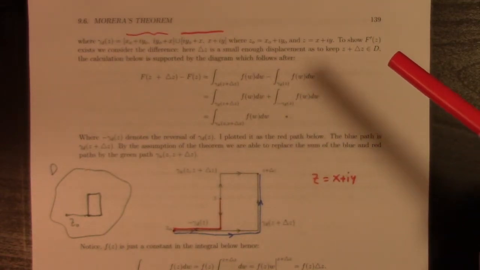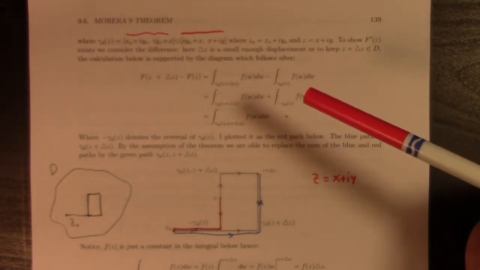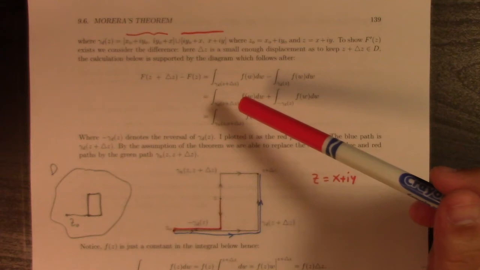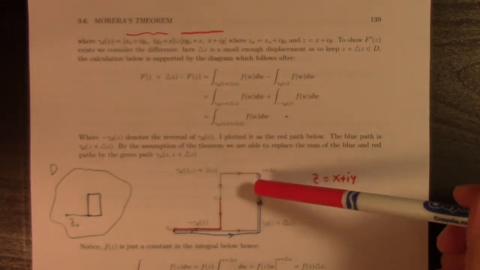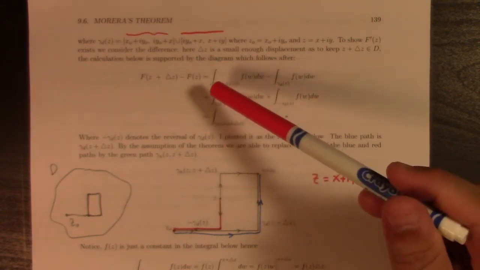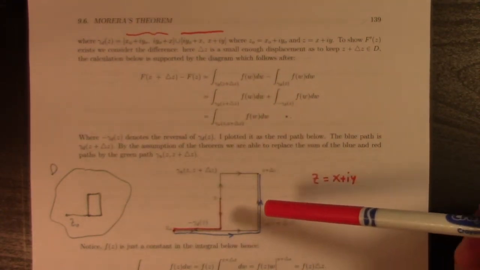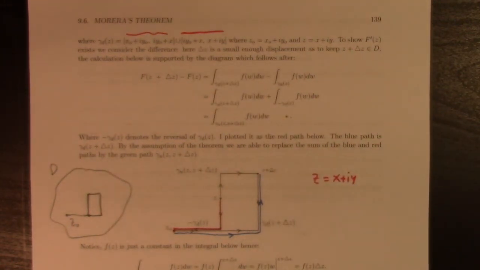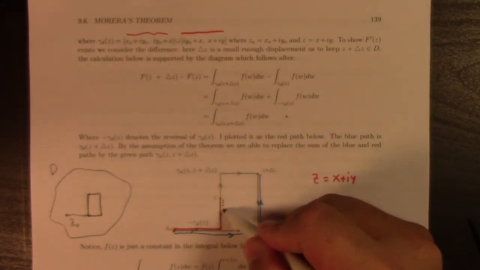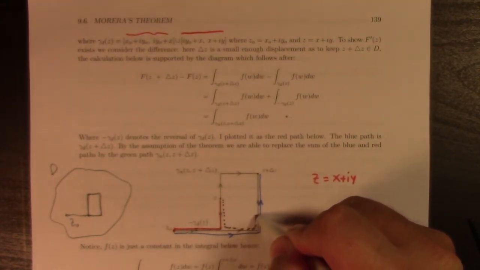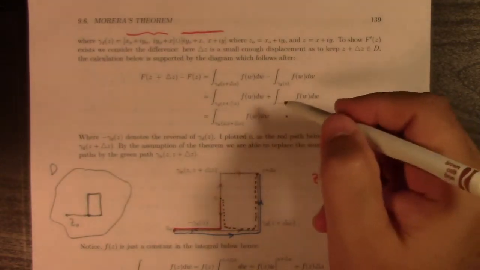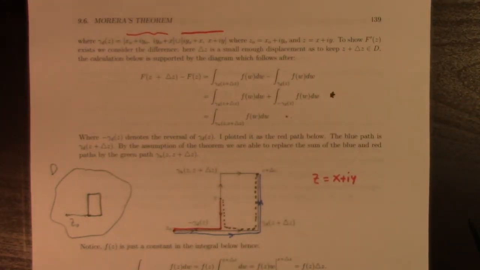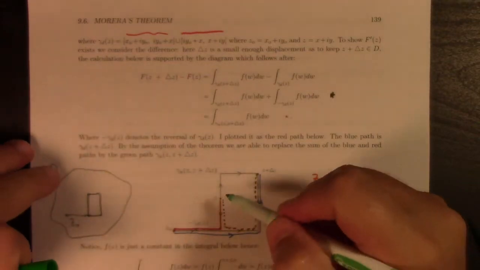Now, so I said that that's equal to the integral along the upper part, gamma u, going from z to z plus delta z. So what I'm going to do is replace the integral around not the half rectangle in my picture, but, I'll do the path in brown for a second here, just make my picture really cluttered. So I'm saying you can replace this path around the rectangle, right? Which is what we have here, this line. So you replace that with, I think I did it in green, this path right here,